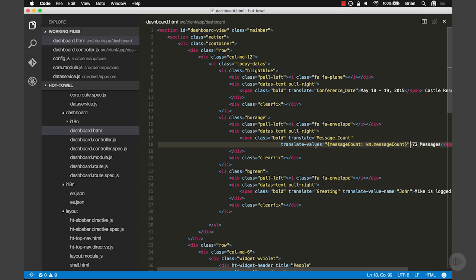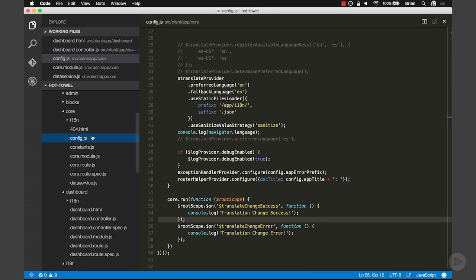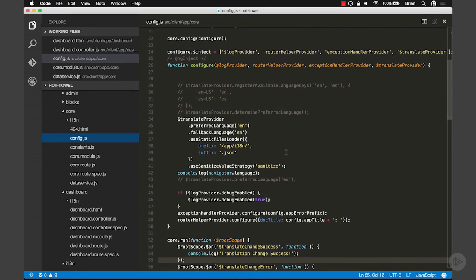Yes. So let me bring this over so it's back in view. So we're not quite done yet either. We need to go and tell... But wait, there's more. Yes. We need to go back and tell Angular Translate that we're using the message formatter. Okay. How do we do that? We do that through